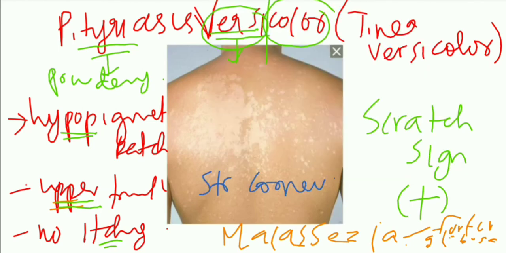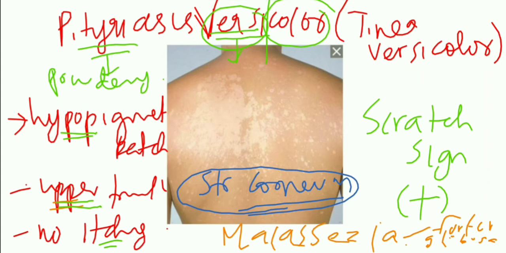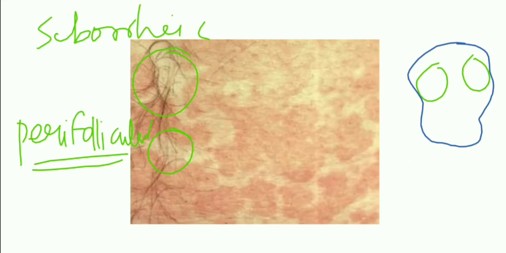So at the top of the stratum corneum your infection is occurring. That's why the immune system cannot pick it up very easily, and that's why there is no itching. Usually itching will not be there. That is the reason for all of this about pityriasis versicolor. In this picture you can see a hypopigmented large patch, and in some areas small patches. Later they can coalesce. Initially the infection is in the perifollicular region, the seborrheic areas, and later they can coalesce to be a large hypopigmented patch.